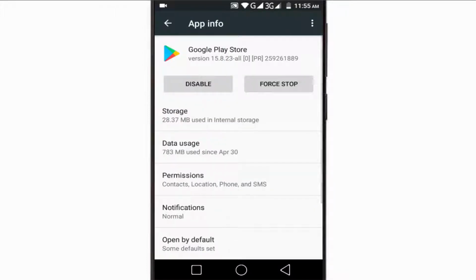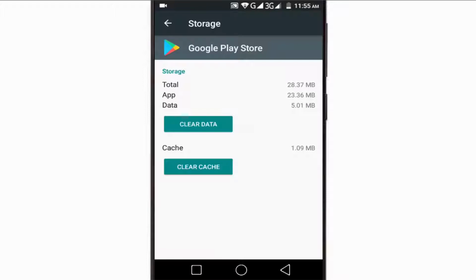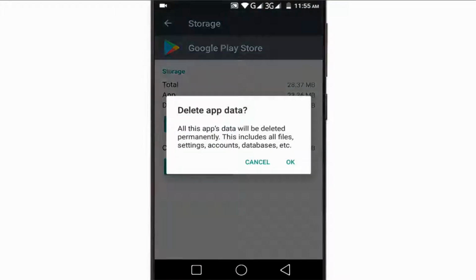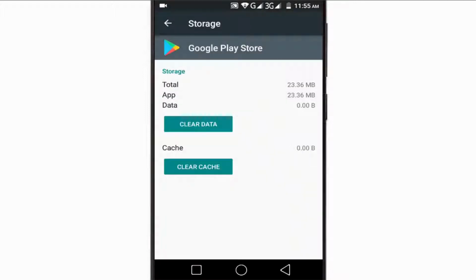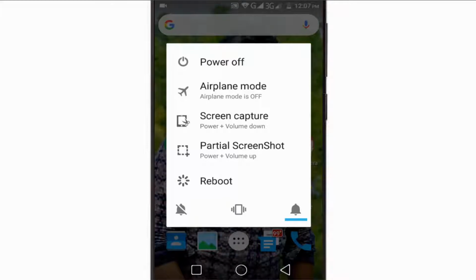Here, find Play Store. Open it and click on storage. Here we have to clear total data or cache, so tap on clear. After clearing the data or cache, restart your phone and now open your Play Store and search for